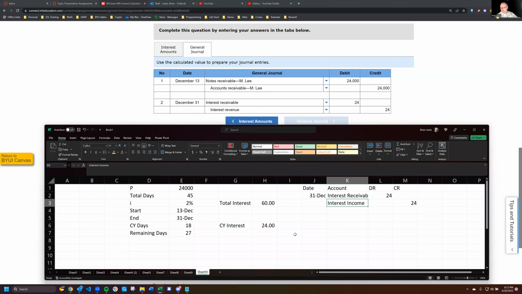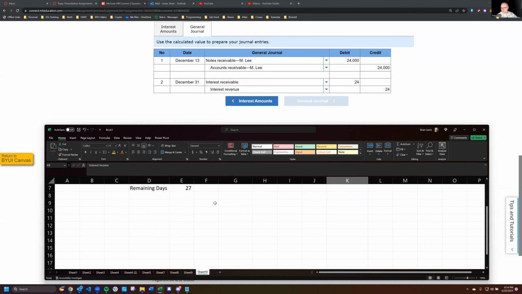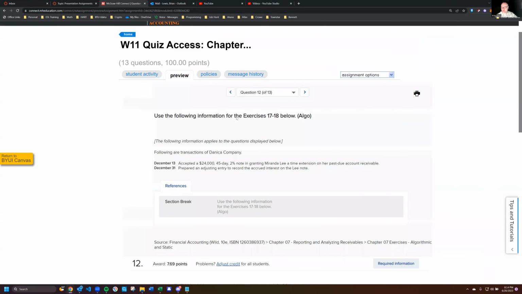Okay, so this one's pretty simple. When you set up the receivable, you're going to credit the accounts receivable and move it into a note receivable. Both of them are asset accounts, but one denotes something different than the other. Okay, this being an invoice, this being a note, the note being 45 days at 2%. Okay, let's see, last